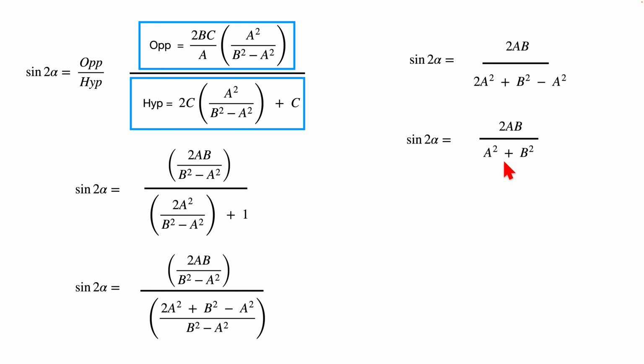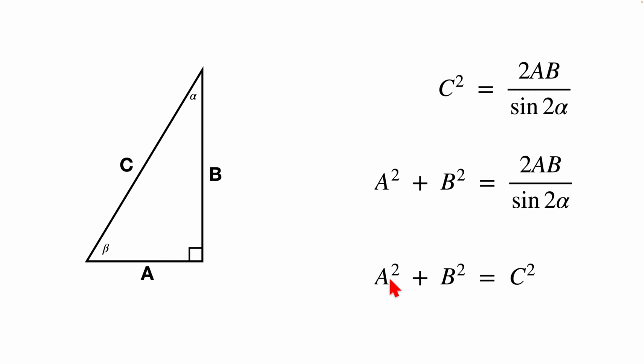Let's multiply both sides by a squared plus b squared. So sine 2 alpha times a squared plus b squared equals 2ab. And now I'm going to divide by sine 2 alpha. A squared plus b squared equals 2ab over sine 2 alpha,